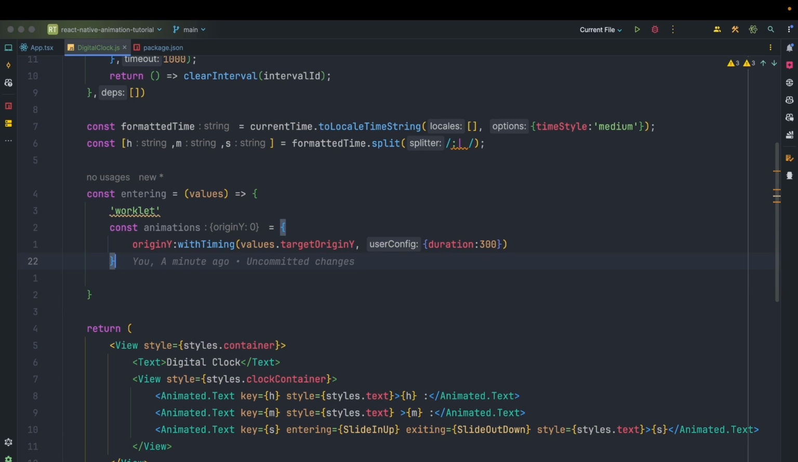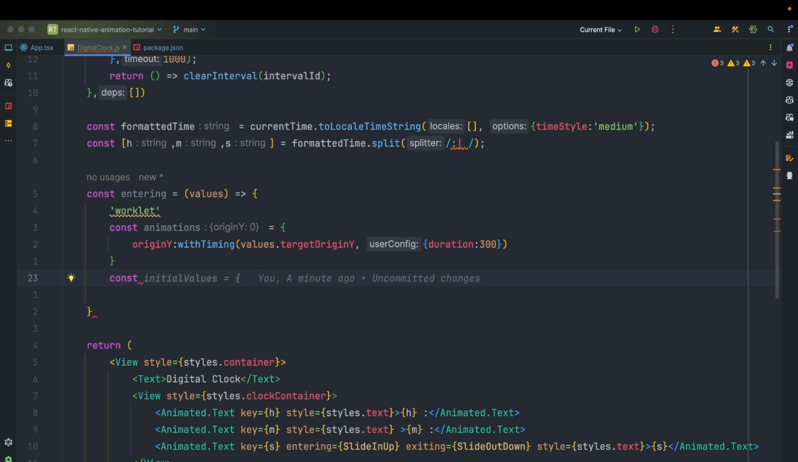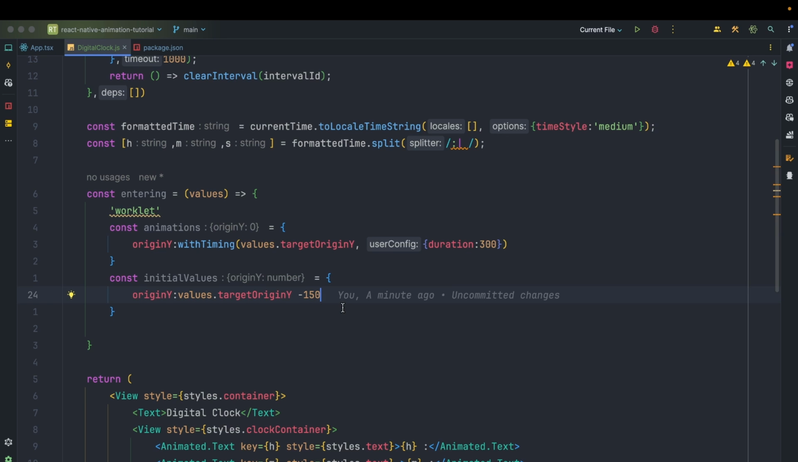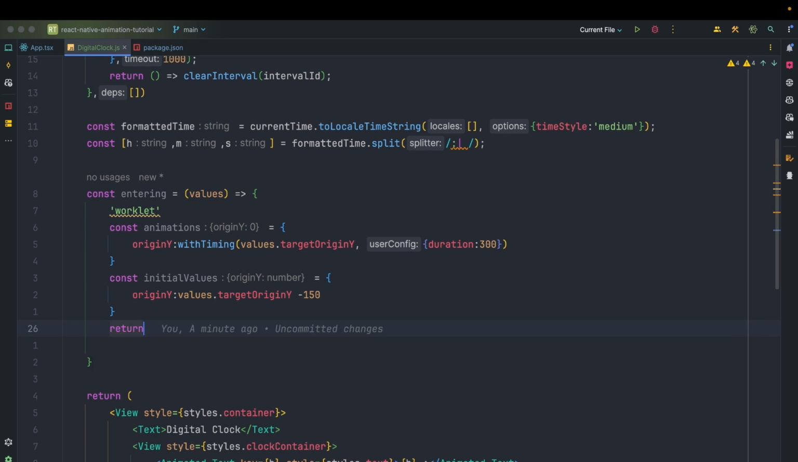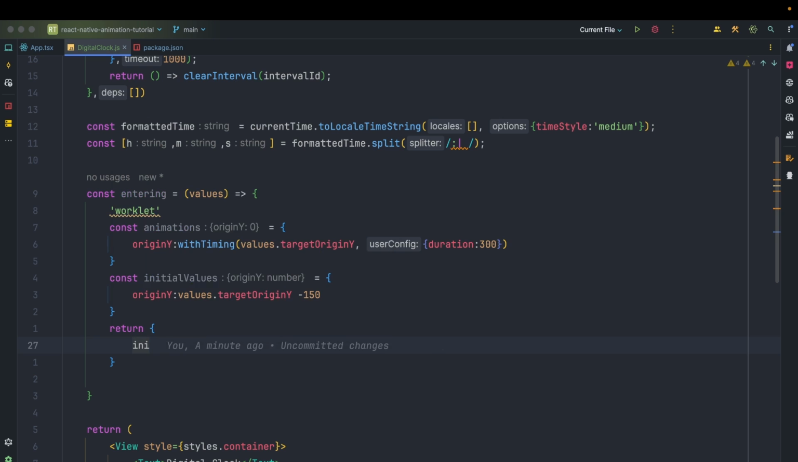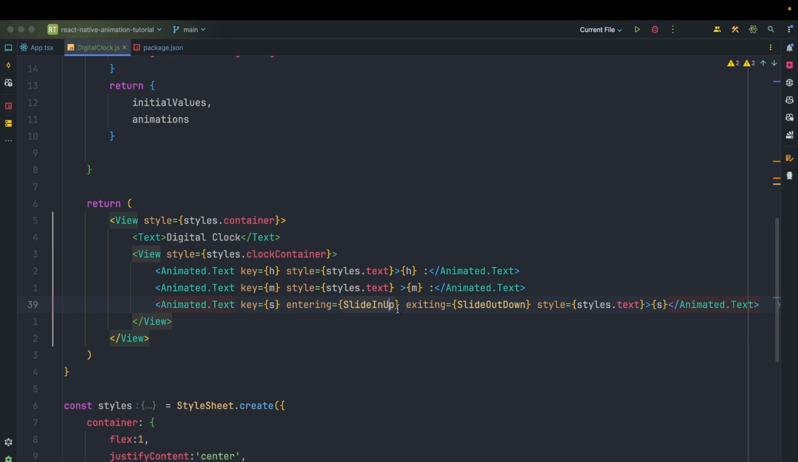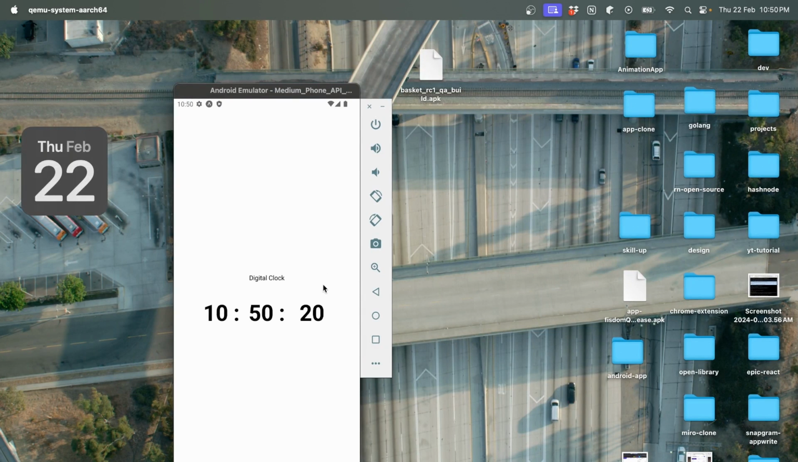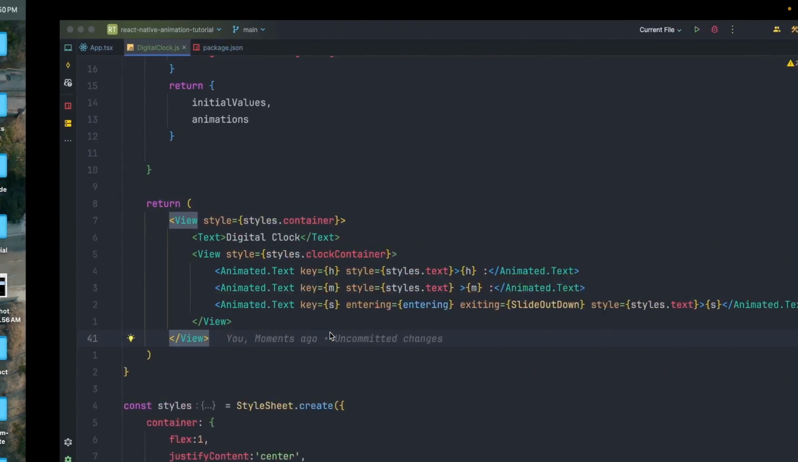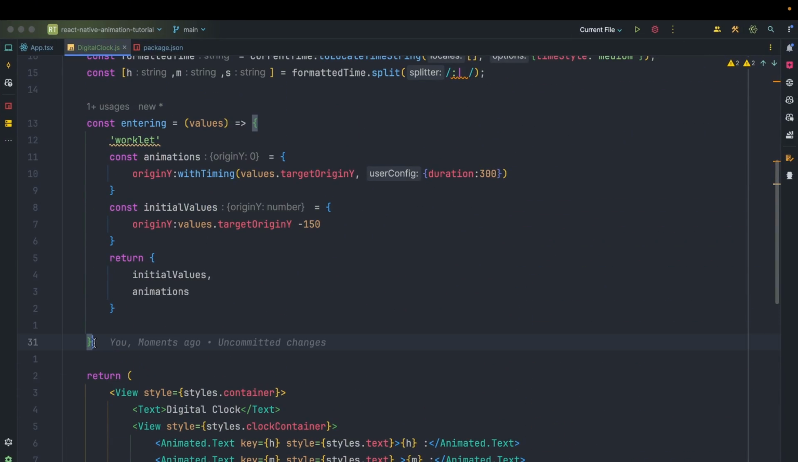target origin Y, and we are going to have an initial value as well, and origin X start value is 150, and this is going to return initial values and animations. Okay, and we are going to pass entering, and similarly we are going to create for the exit as well. You can see, for entering it has reduced to over here. We'll do more customization over here, and for exit as well, let's just copy this,